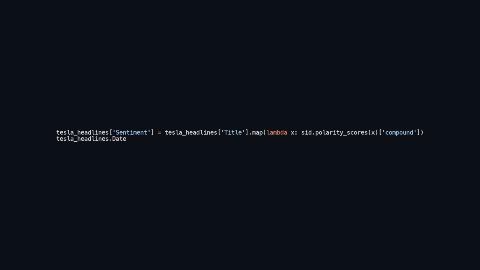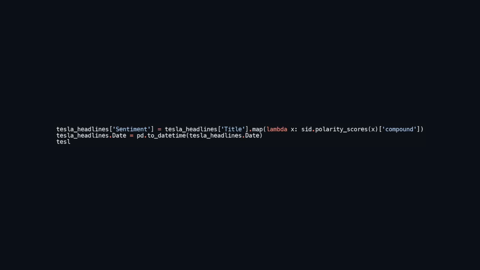Next, the code converts the date column to a datetime format. This is important for any time series analysis you might want to perform on the data later because it ensures that the dates are in a standard format that pandas can work with effectively. Finally, the processed data frame is saved to a CSV file named Tesla_headlines.csv in the data directory. This is useful for preserving the results of the sentiment analysis and the formatted dates for future use, like further